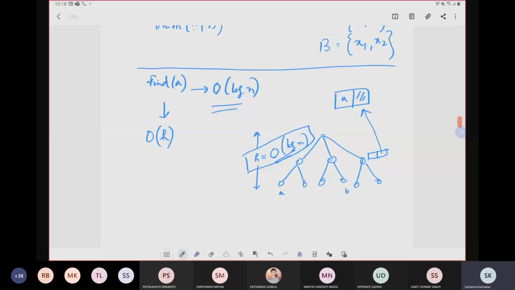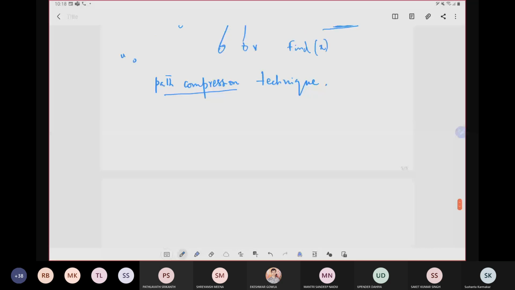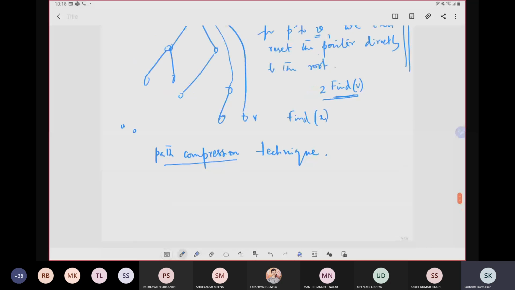Whereas in the find operation, instead of a single find, I do two finds if I see the length is more than one. So this is known as the path compression technique. So what benefit do I get? In this case, as you can see, the union operation is constant time,